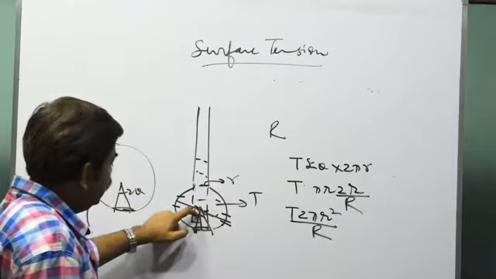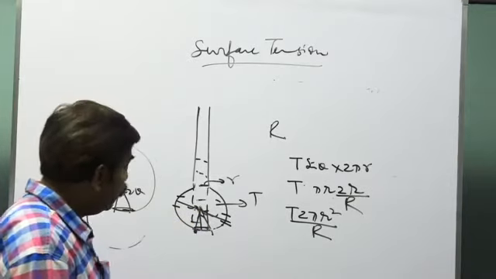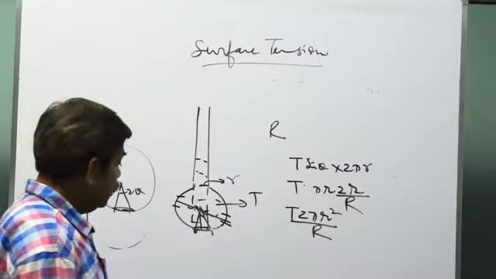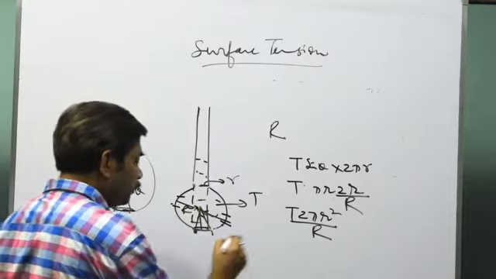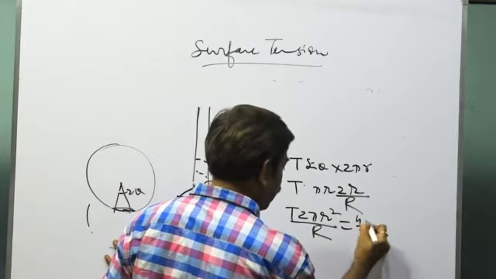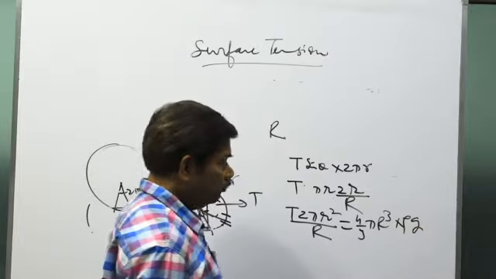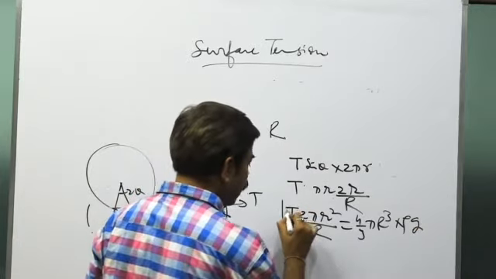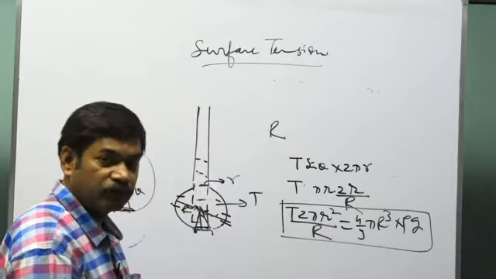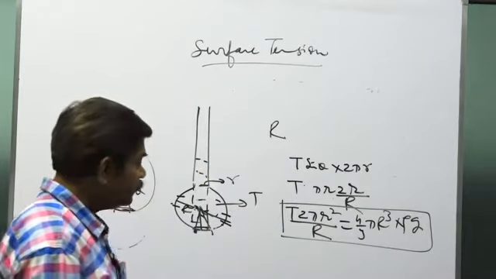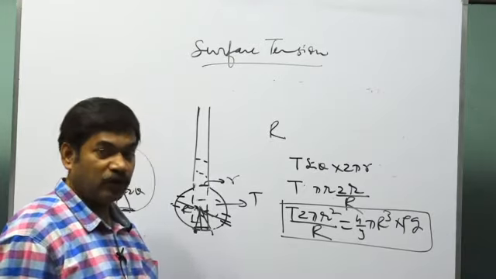So 2 theta will be equal to 2r divided by capital R. So this is a force that will be acting upwards. Now if the radius of the drop has become capital R, then the weight of the drop will be equal to 4 by 3 pi R cube into the density rho of the liquid into g. In this equation, the unknown is capital R, and you can calculate the value of capital R. Could you understand this? You see, we could have done this by the pressure also.